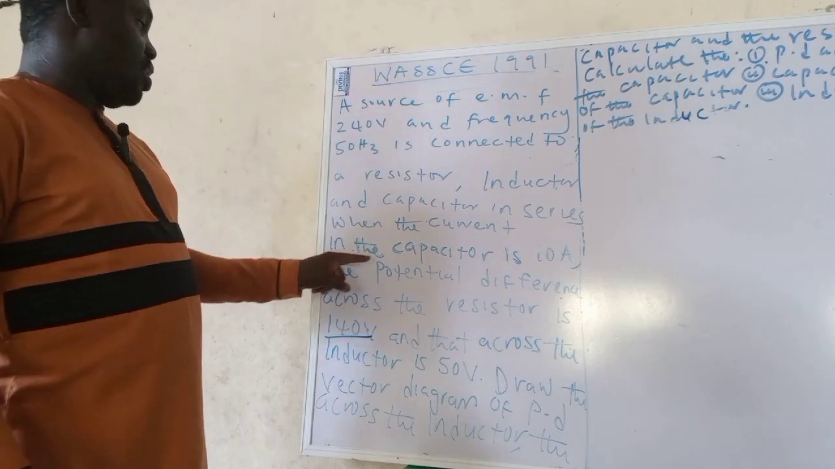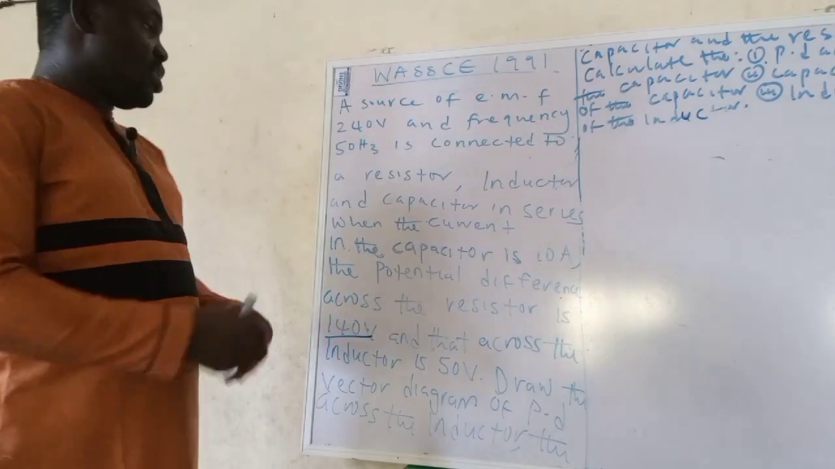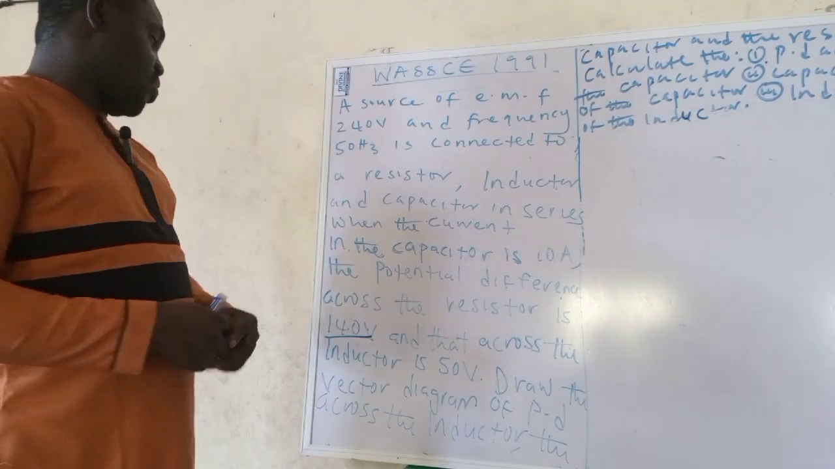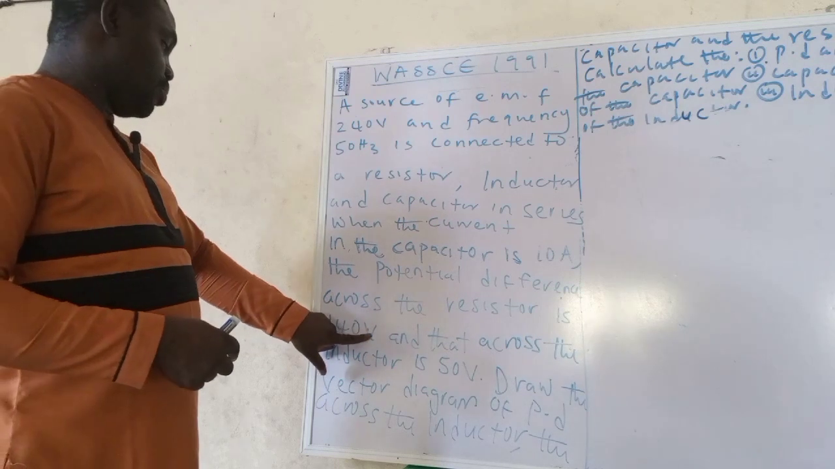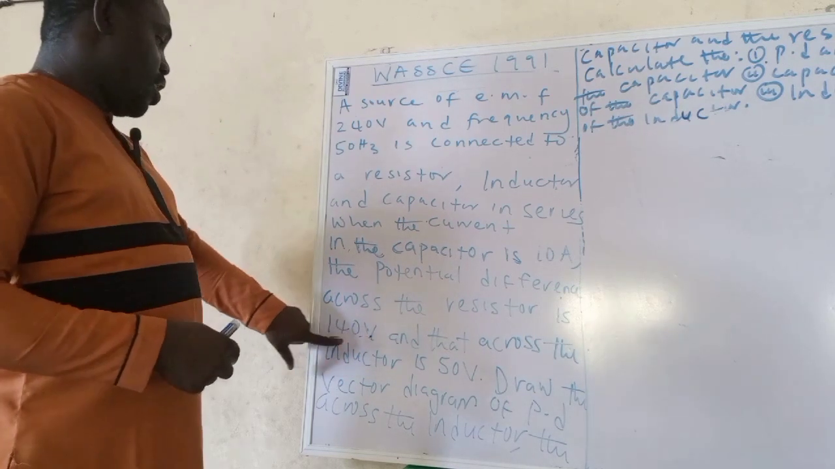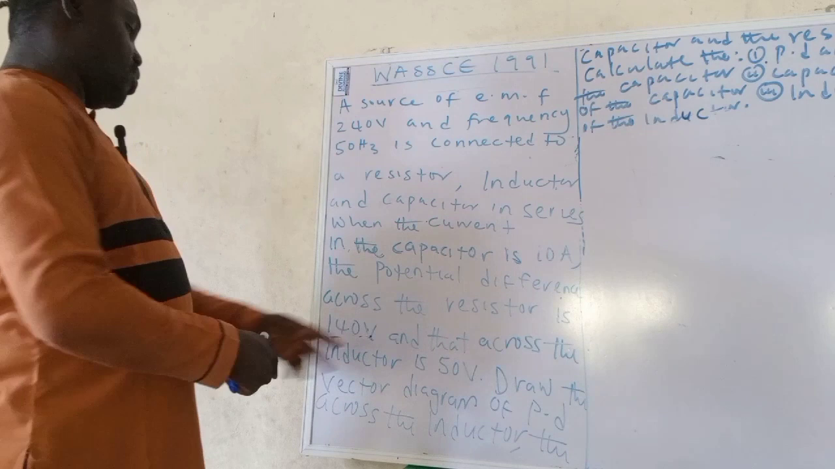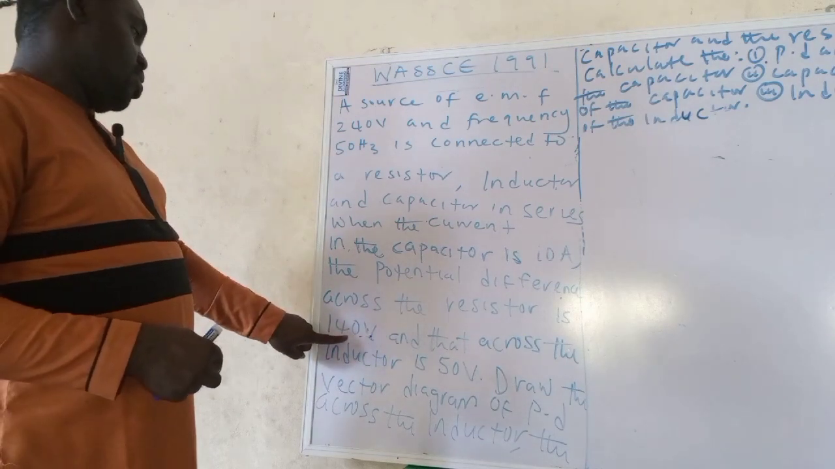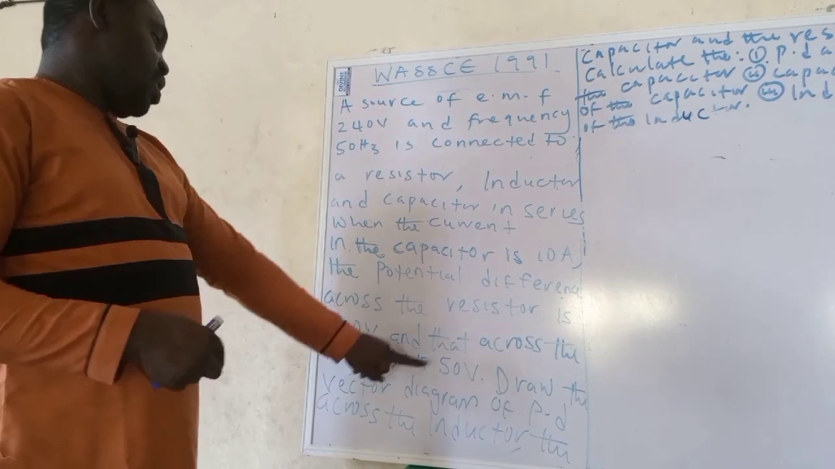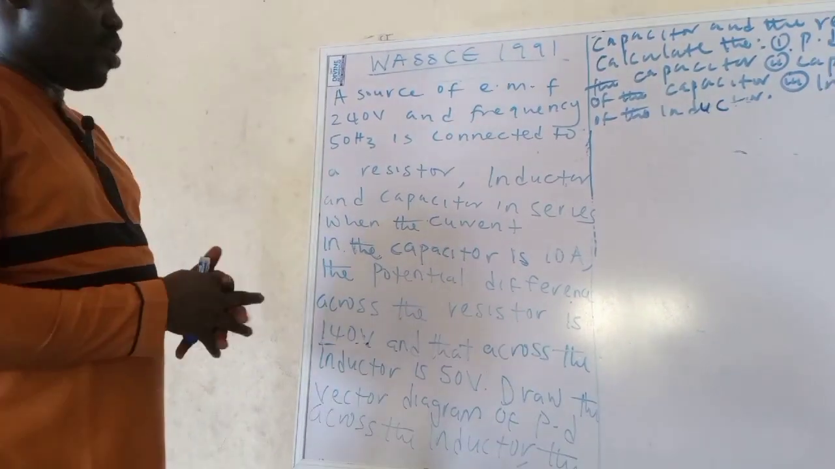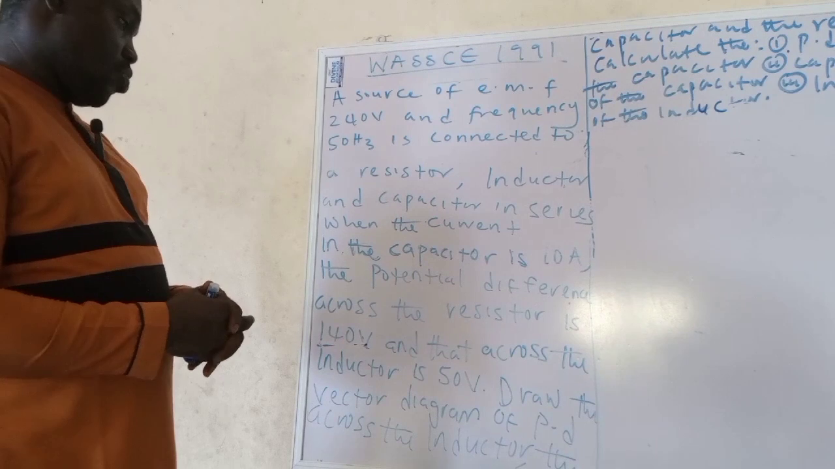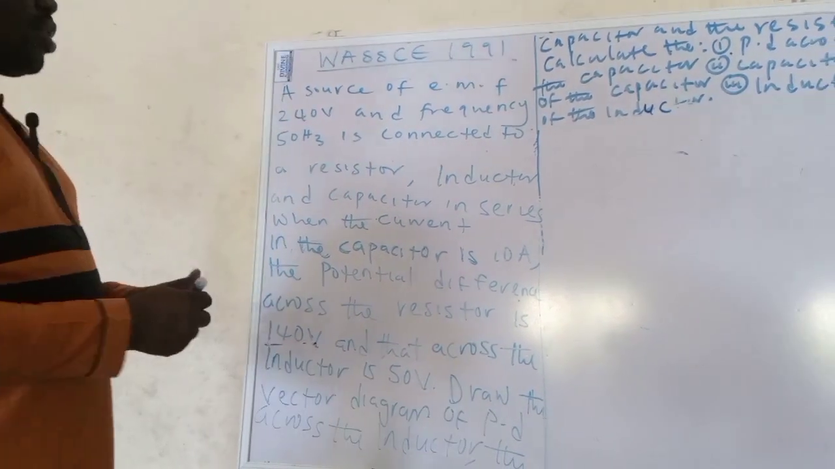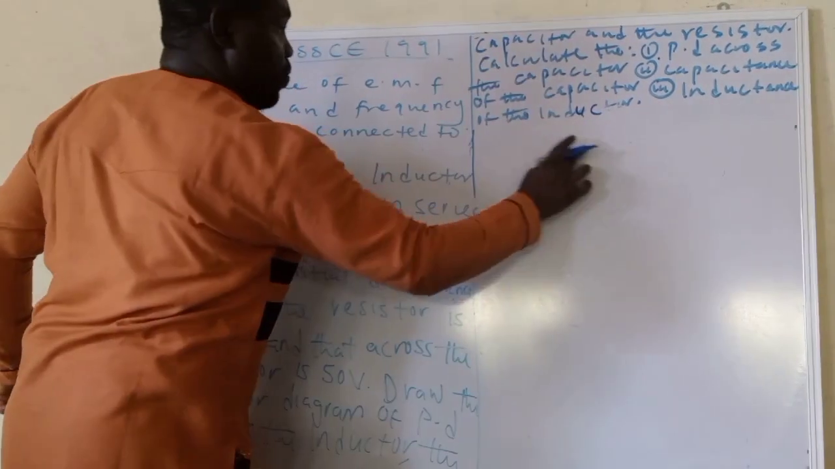When the current in the capacitor is 10 ampere, the potential difference across the resistor is 140 volts, and that across the inductor is this. So we're given the one across the resistor and across the inductor. We're not given the one across the capacitor, so we have to find it. Draw the vector diagram of this, okay? So let's even draw the diagram,